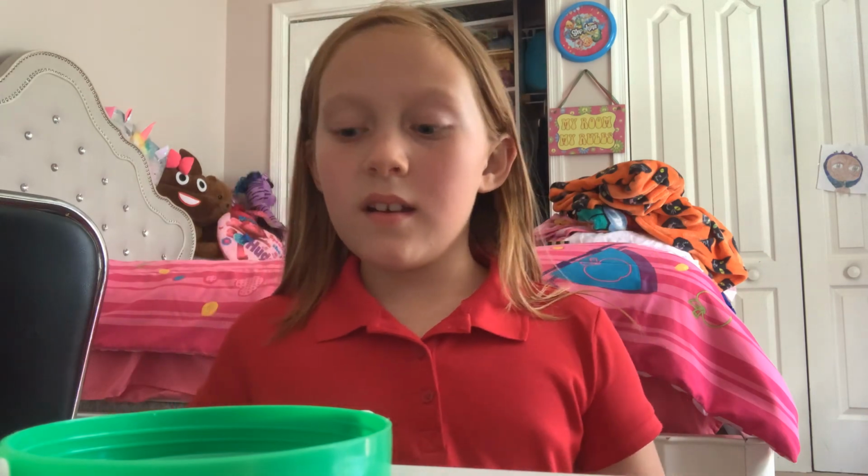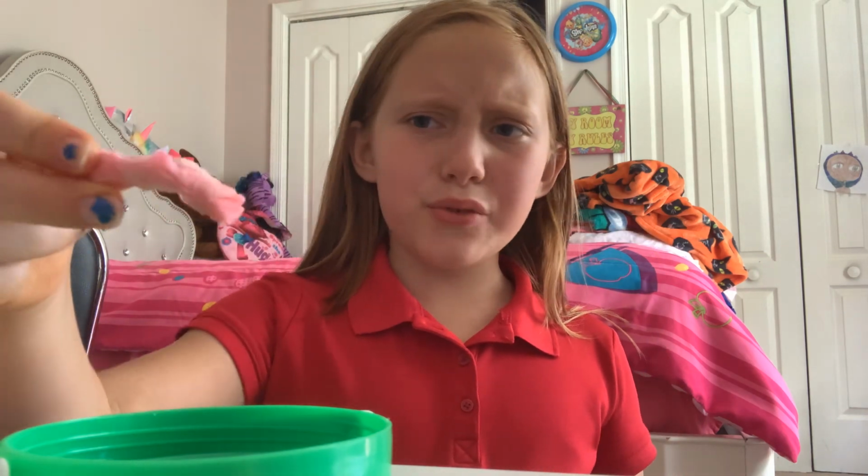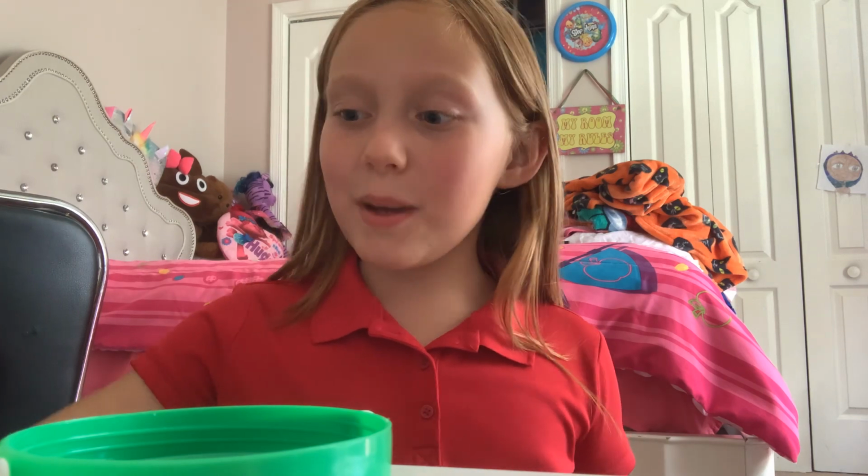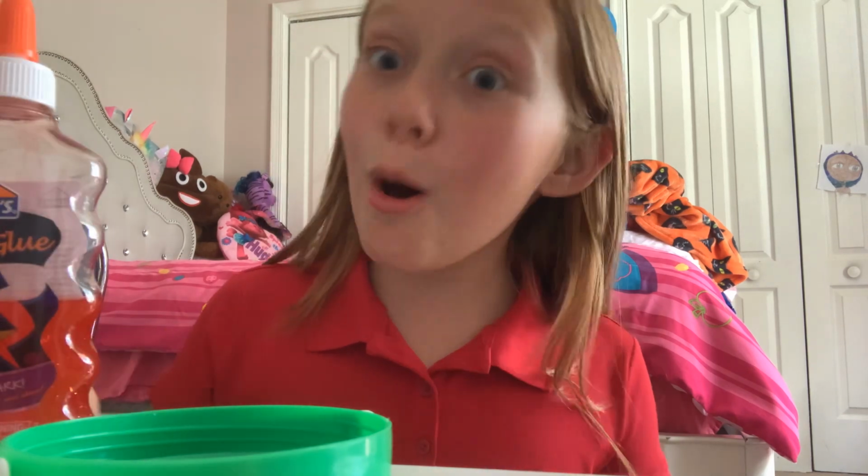So I opened gum today when I was in the car. And it was all stretched and there's a white spot here. Ew. So I didn't want to eat it. And then I thought of a video to make slime with this. Not only with gum,